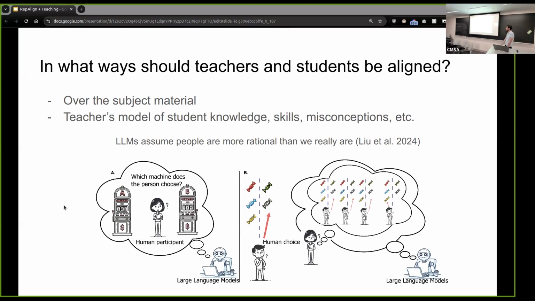So what does the student know? What are their skills? What are their misconceptions, etc.? And so there's lots of exciting work on this, especially Alexis's beautiful work. One of the things we've written on it before is a study of how large language models perceive human decision-making, right? And we find that